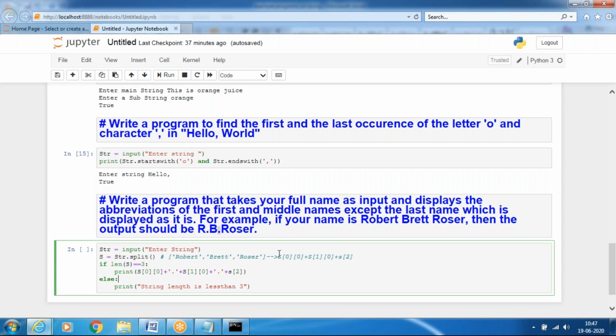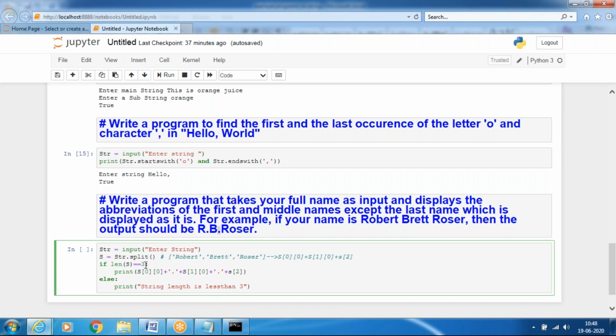I will run this code. The string is Robert Bert Rosser. The first element prints the first character R, the second string prints its first character B, and for the third the entire string will be printed.